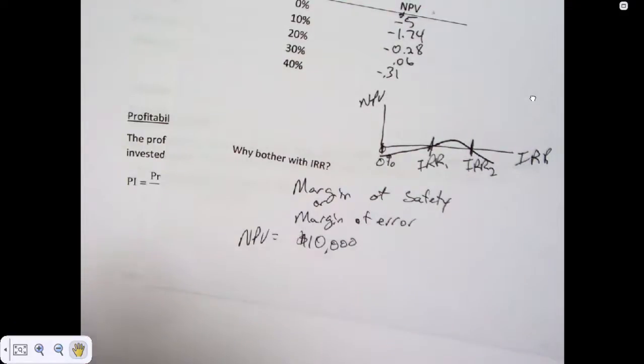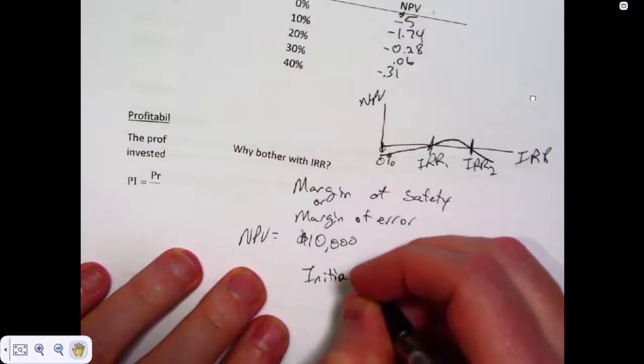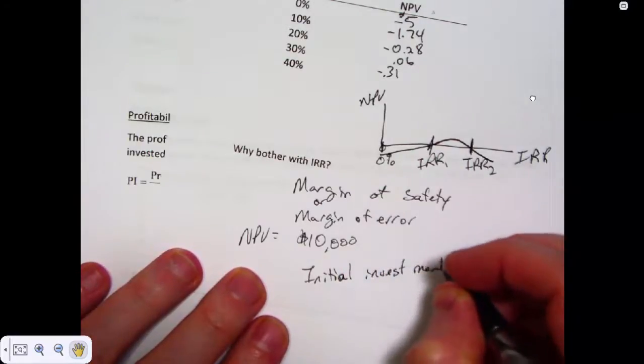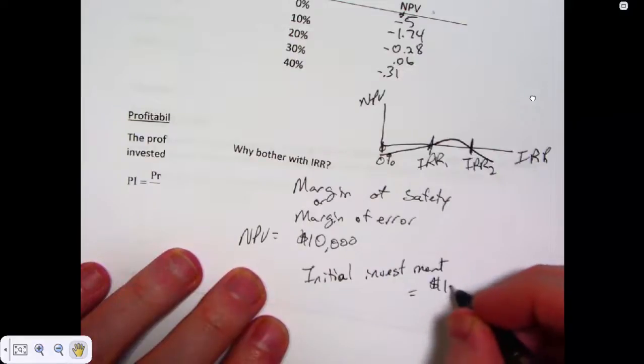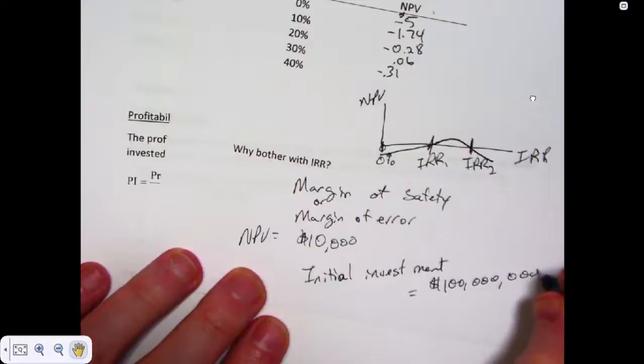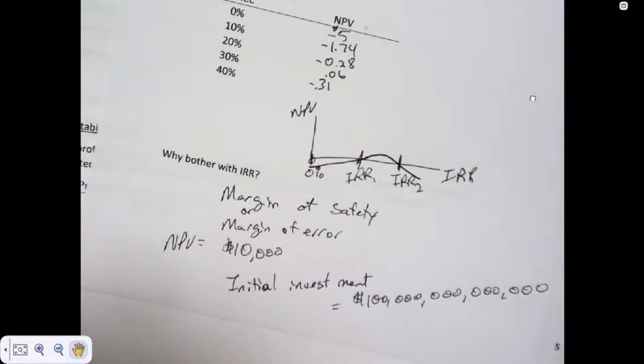But let's say our initial investment is equal to $100 quadrillion. Okay, that's what $100 quadrillion looks like. Would you make that investment? I hope you wouldn't, because our IRR